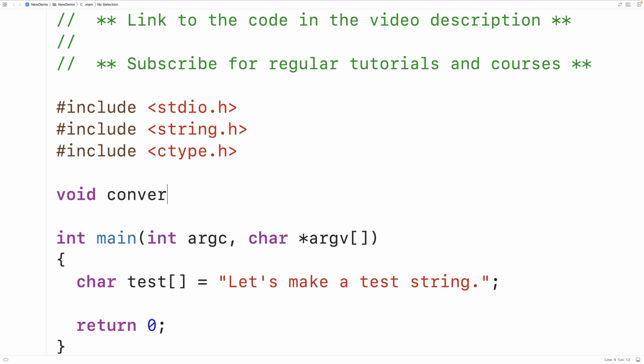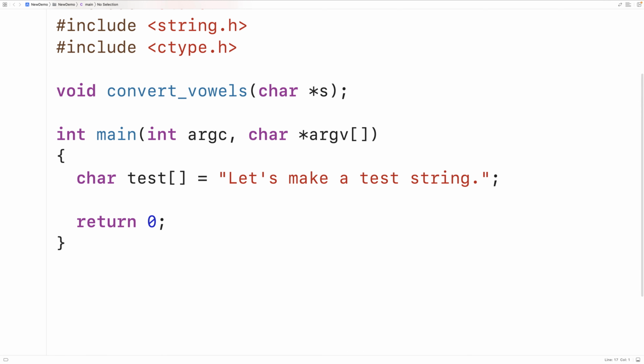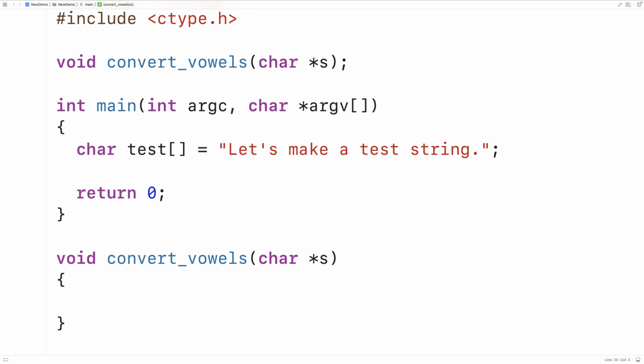We'll call the function convertVowels, and the function will accept the string as an argument. The function has a void return type because the function itself is not going to return something. It's just going to modify the string that is passed. So we'll copy this and we'll supply a definition of the function down here. And the first thing we'll do is find the length of the string by using the string length function strlen. So we'll have int length is equal to